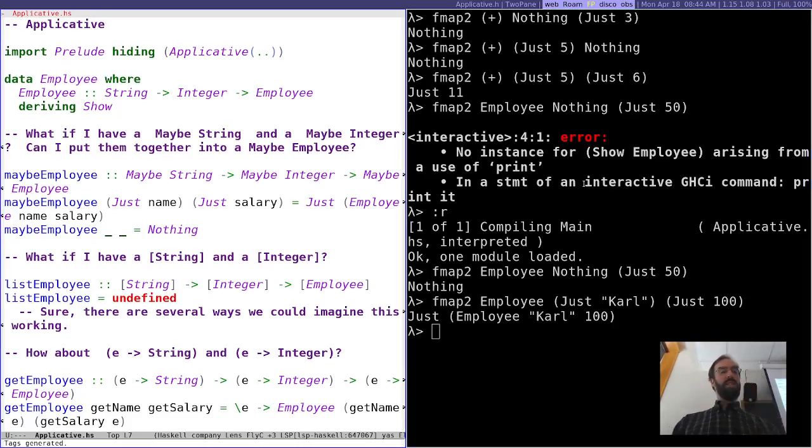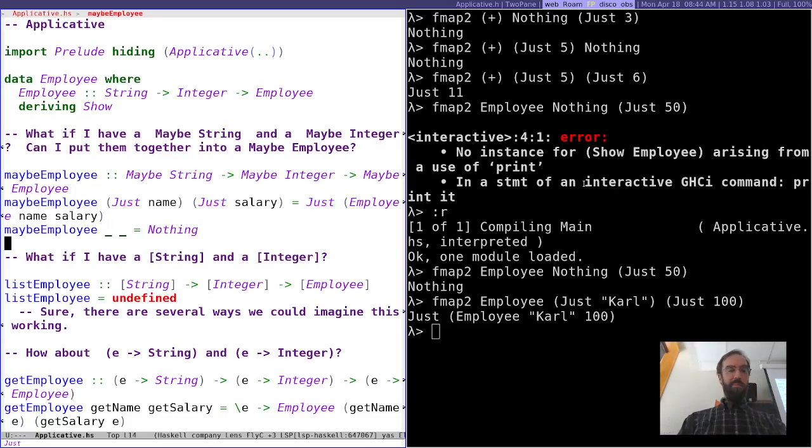at least in the case of maybe, this is doing exactly, I mean, if you look at our definition of maybe employee, it looks very similar to our definition of the app operator for maybe. But the app operator is much more generic. It doesn't only work for maybe, and I guess our implementation of app did work just for maybe, but it didn't only work for strings and integers and employees. If we just take this part as a parameter instead of building this in, then this doesn't only have to work for specifically building employees. You give me any function